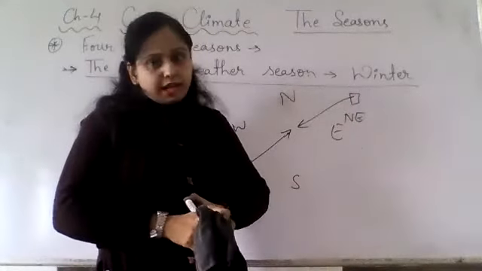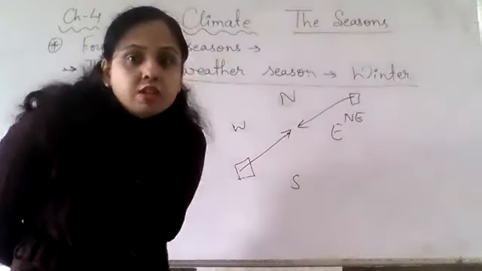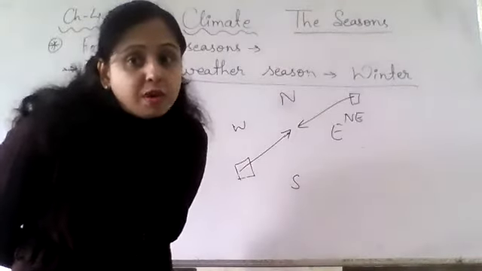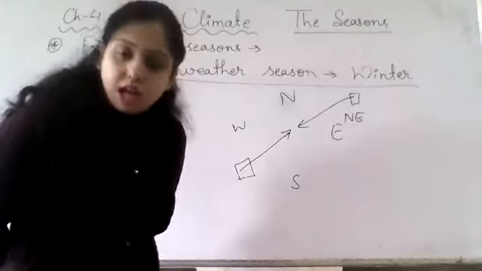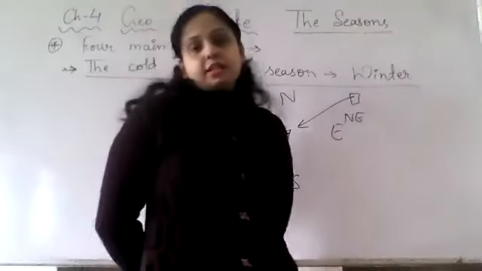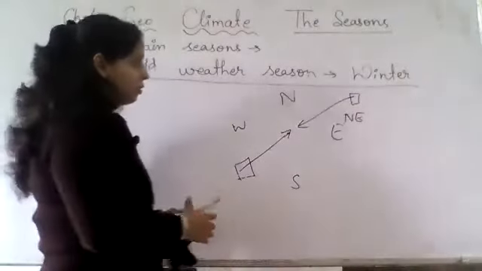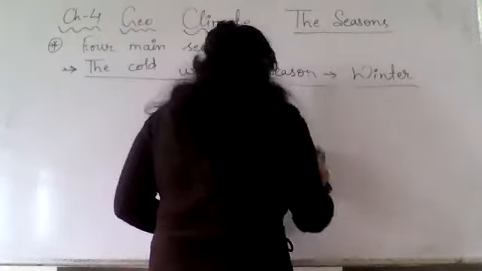That is not correct. Anyone else? Madhvi. Chennai receives most of its rain from the northeast and low pressure systems developed in the Bay of Bengal and moved toward the east coast. That is correct. I don't know, Madhvi, if you have googled or from where you are taking it, but this answer is correct.